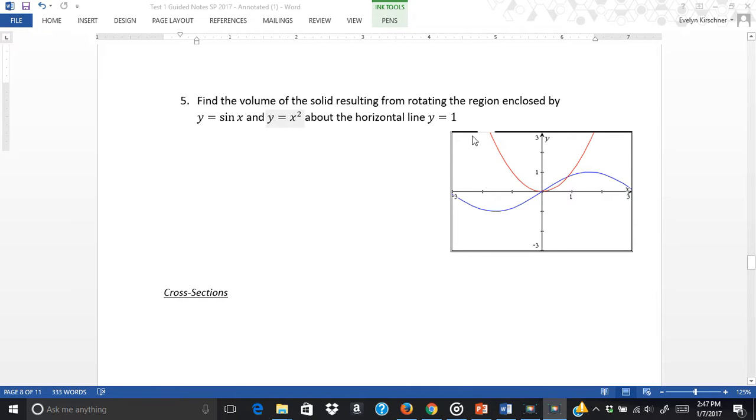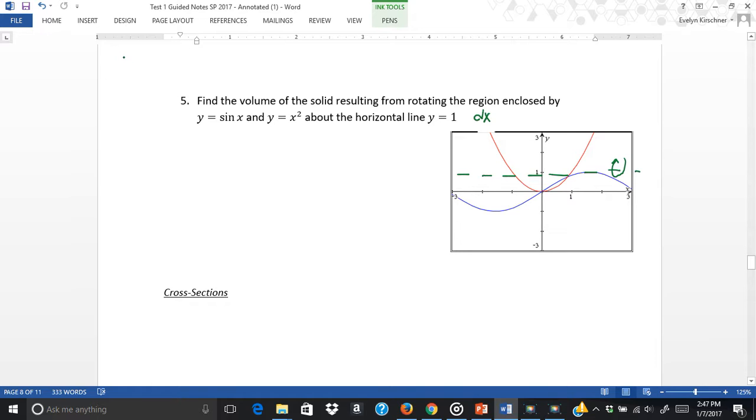Right, so here I have y equals sine x, which is the graph in blue, and y equals x squared, which is the graph in red. And I'm also going to, once again, revolve it around a line that is not an axis. I'm going to revolve around this, so I know it's going to be dx. But what I want to do first is remind you of a trigonometric